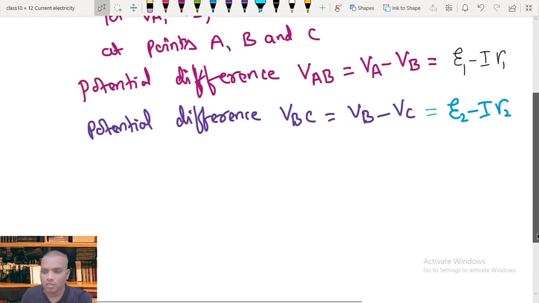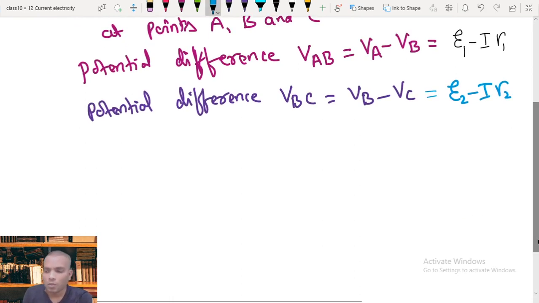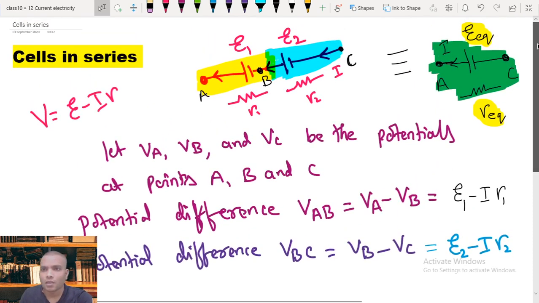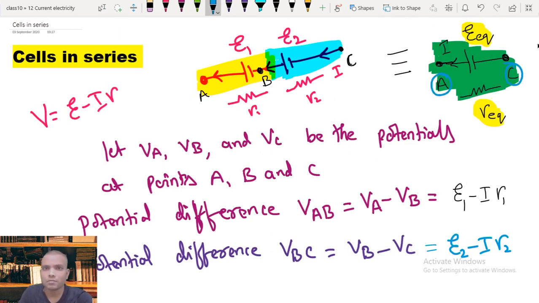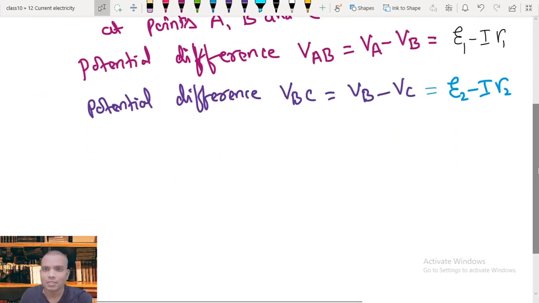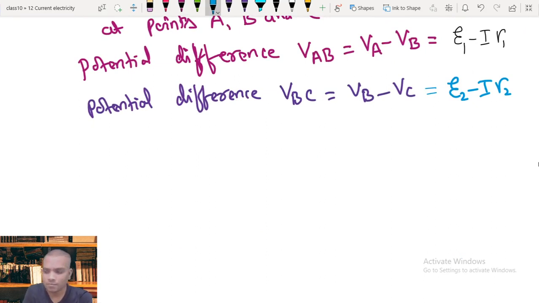So to find the potential difference between the terminals A and C in this equivalent circuit, I would like to find the potential difference across the points A and C. That is the potential difference across A and C,